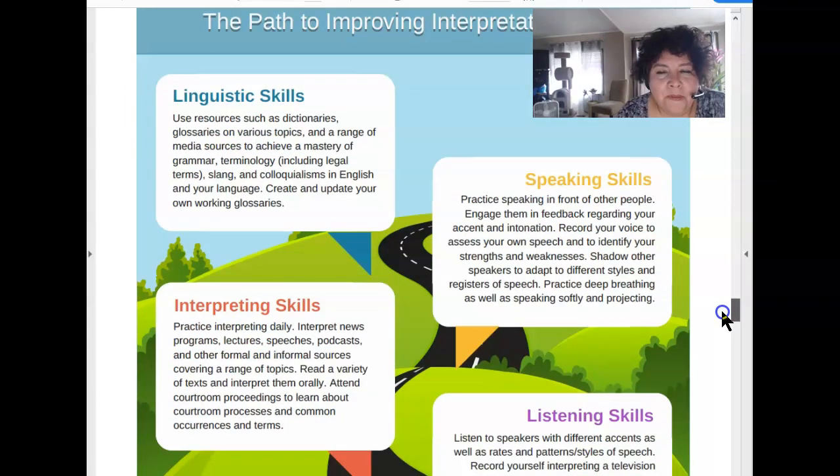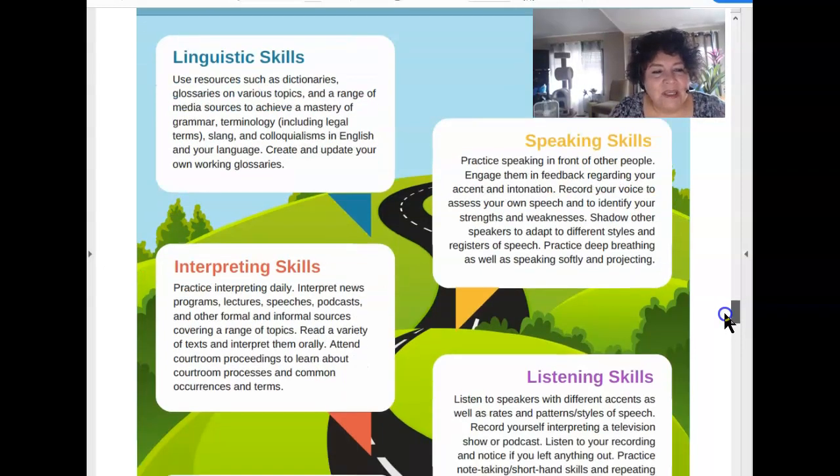Going back again, we went over each one of these skills. Remember, these are your KSA, your knowledge, skills, and abilities. KSA, that's the acronym. And we went over all these 5 components throughout the modules in the class. The linguistic, for example, is when we went over the terminology. So you're getting knowledge of the terminology in both languages, colloquial regionalism. Speaking skills. So that's how comfortable you are to be able to speak in front of an audience, in this case in a courtroom.